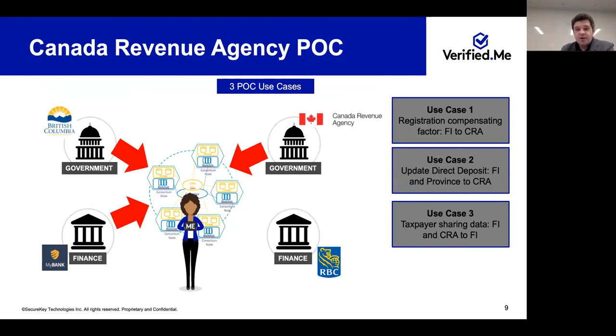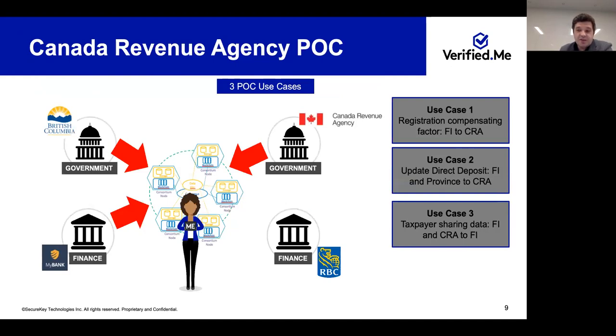What we're looking to do with this new product, Verified Me, we've tried out several different use cases with the federal government of Canada and the provincial government of British Columbia. So the use cases would be to register and create an account first, in which case there'll be two pieces of ID leveraged: some identity information from your bank and something from the government of your province or state. Right? So it would be like your driver license information, they confirm your address and so on, and the bank proves your address and account number and things of that nature.